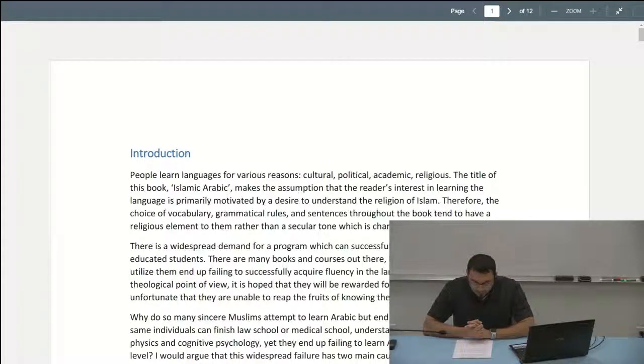What we're gonna be doing in this class is obviously we're gonna be learning Arabic. We're gonna try to get you a solid vocabulary base by the end of this class, and have you develop the ability to be reading, writing, and doing a little bit of listening comprehension, a little bit of speaking as well, inshallah. So that's the goal.